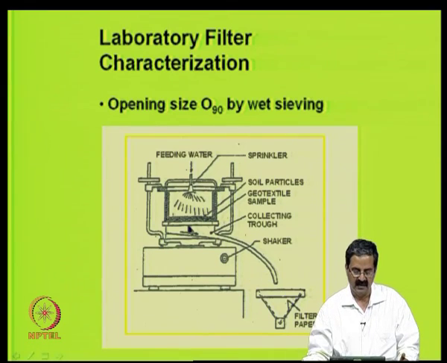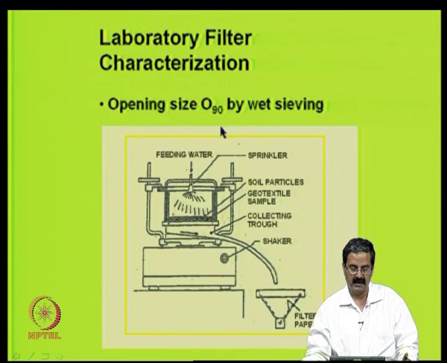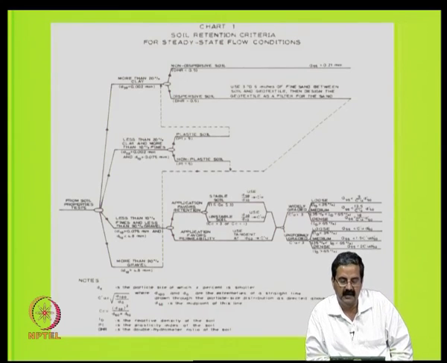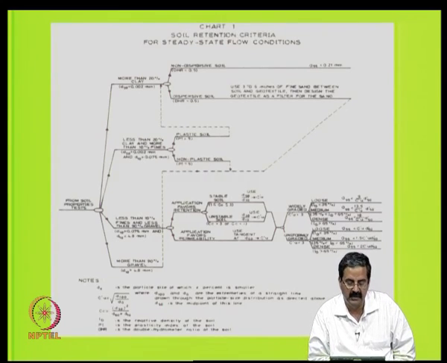In some cases where 90% of the whole water comes out, that size corresponds to the O90 size, the apparent opening size. One can characterize the geotextile based on the apparent opening size, right. So, once you have that, there is a test that we should do, and there is a chart that is given by